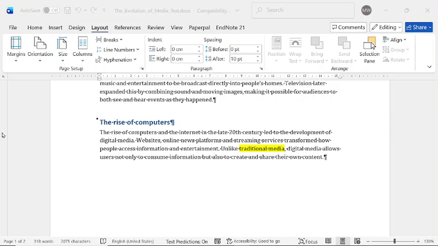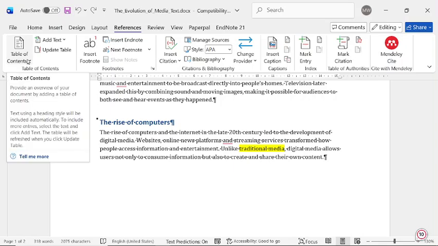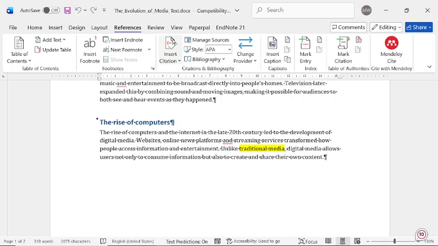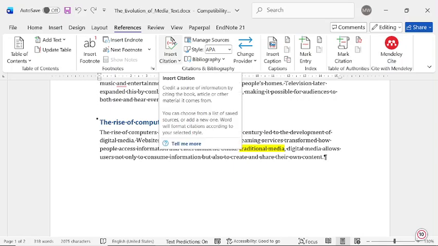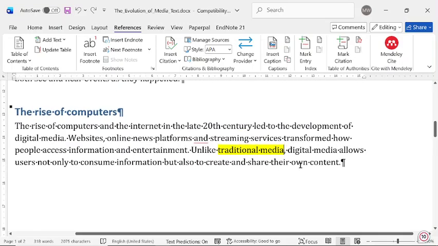The next tab that we are going to look at is what we call your References tab, where if you click on it, this is an easy way to create things such as the table of contents already shown, a footnote that we're going to cover now in this video, as well as creating what we call citations. Now quickly to talk about what a footnote is, if we go here to where it says "unlike traditional media," I can click there, and if I did want to elaborate on this without talking about it in this paragraph, I can create what we call a footnote.